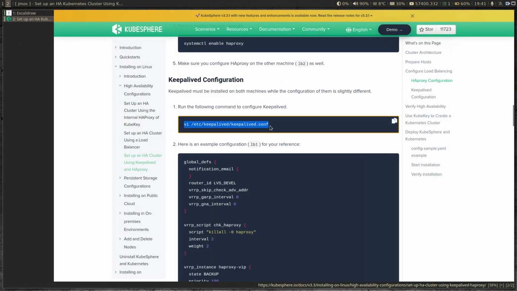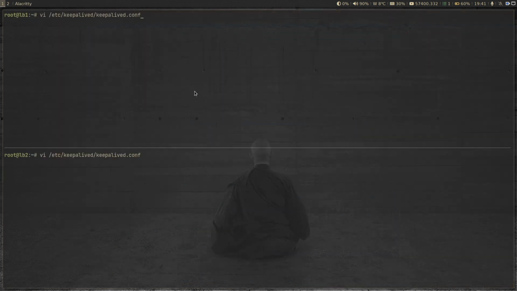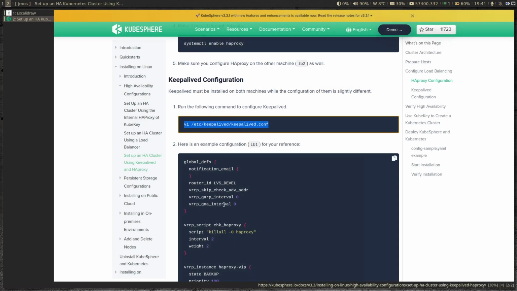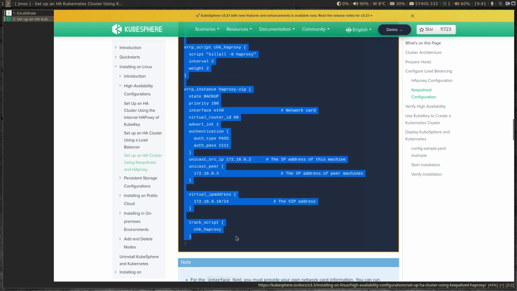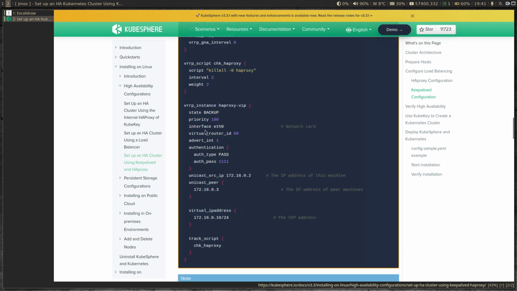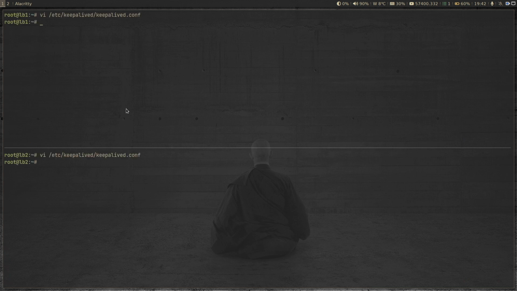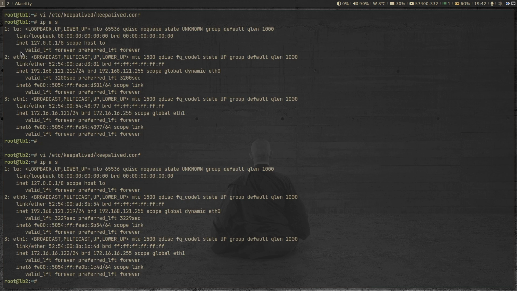All right, so this is going to be an empty file. It won't exist, so we are going to create one, /etc/keepalived/keepalived.conf, and I'm going to paste this. We need to change the configuration slightly. If you look in here, the interface is eth0, but in my case I'm going to be using the eth1 interface. I'll show you why. Let me first close this one. If I show you ip address show, you have the localhost, eth0 and eth1. If you look at the IP address 172.16.16.121,